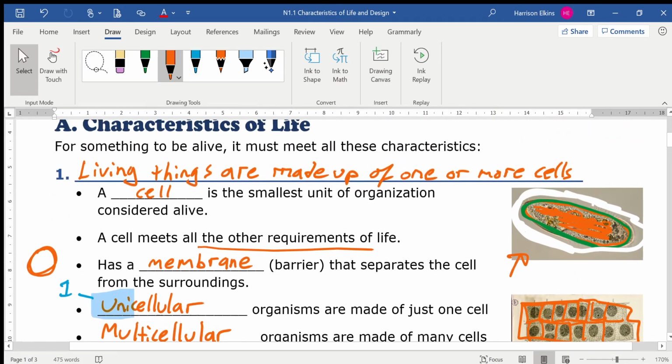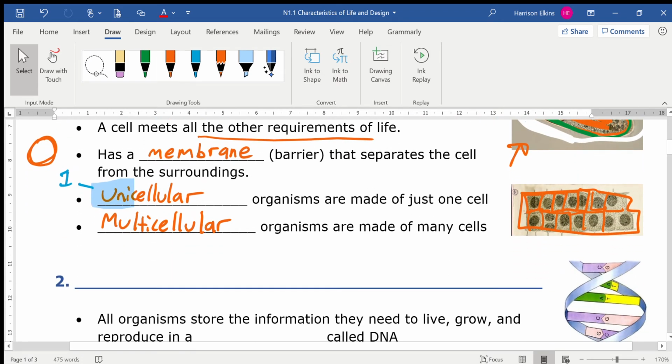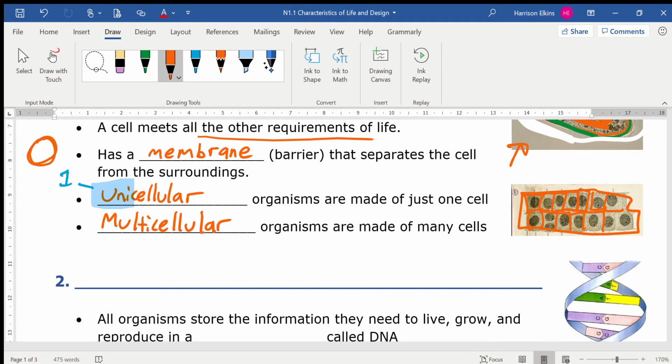Okay, so all living things are made of cells. So if we discover something on Mars and it's made up of cells, then you've got a pretty good idea that it is living, because those cells are going to meet all the other requirements. Well, what are those other requirements? Well, number 2, let's change our color here. Let's do purple. Okay, living things